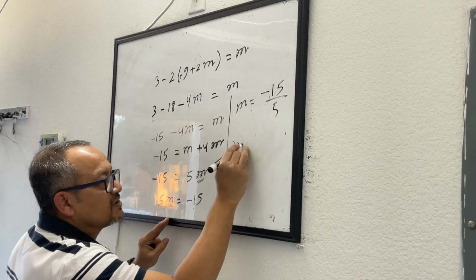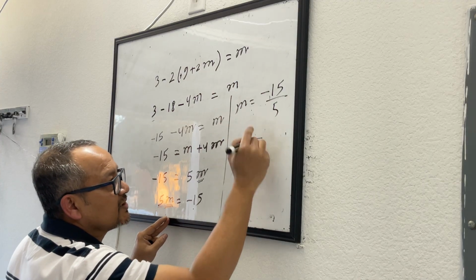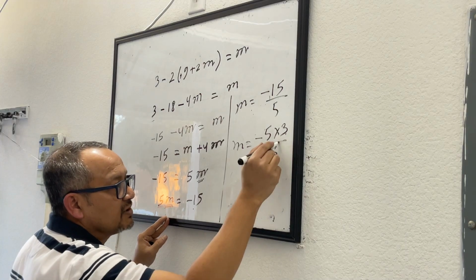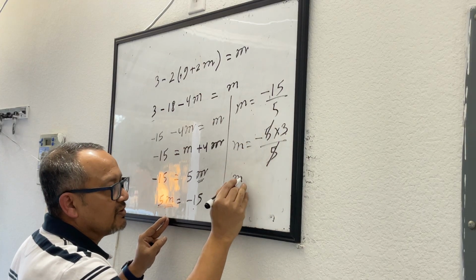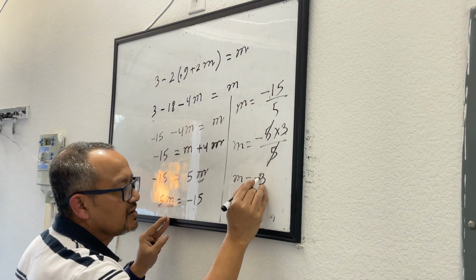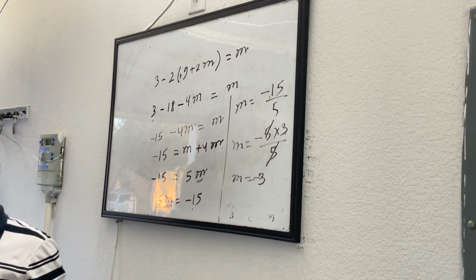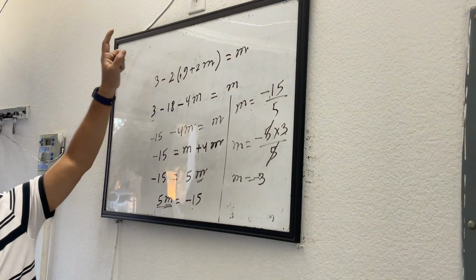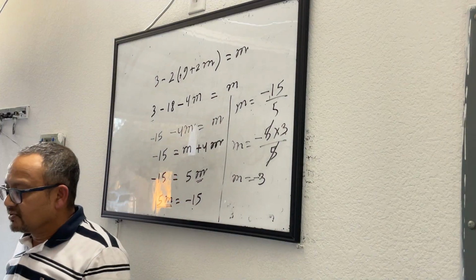Now it's time to play. M equals minus 15. 15 you can write as 5 into 3, and then you have a 5 here. Tic-tac-toe. M equals minus 3. Yeah? So basically, if you look at it better, and not only for Suhina, for all of you, if